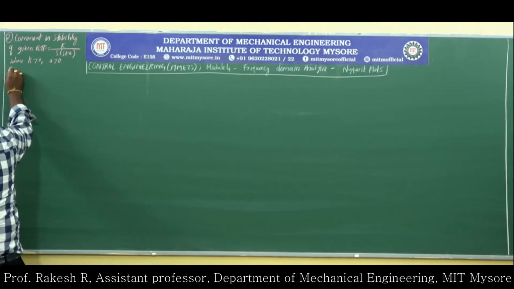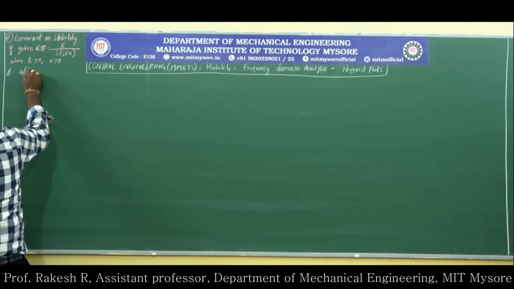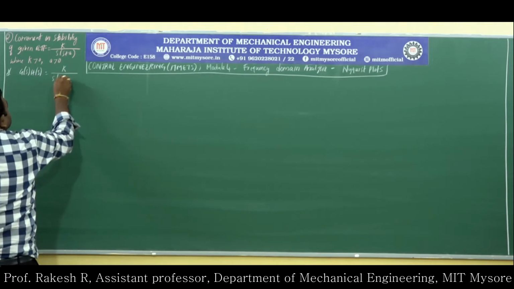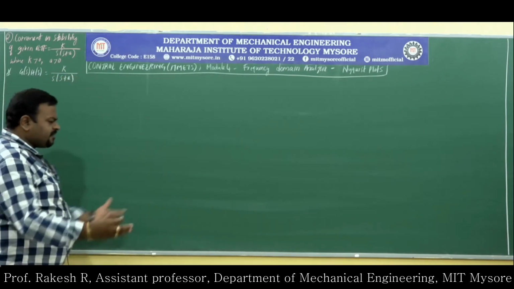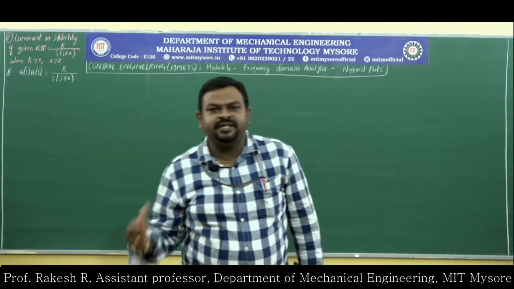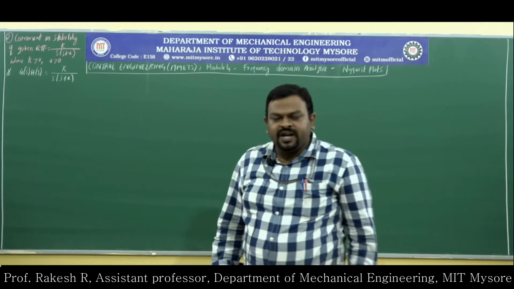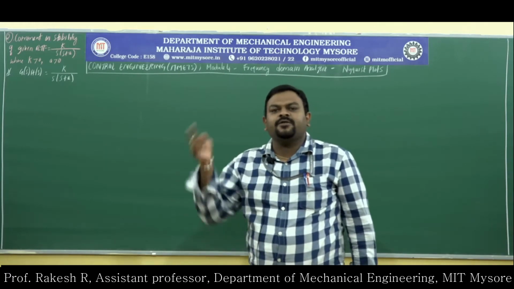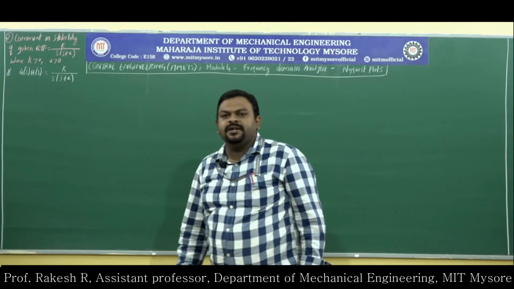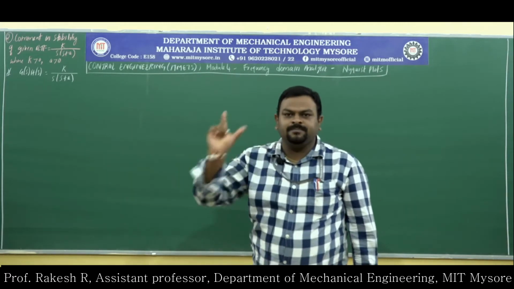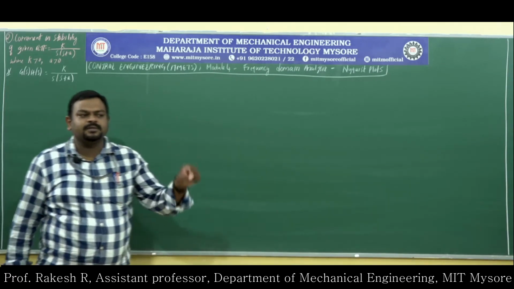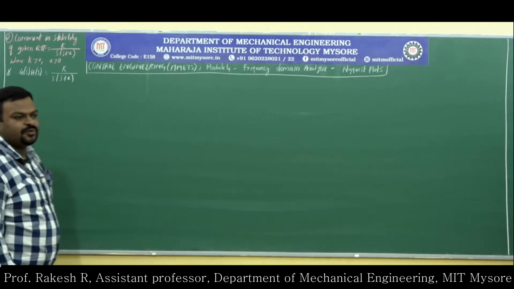So the solution for this is G of s H of s will be equal to k divided by s into s plus a. If they have given any other transfer function like closed loop transfer function or characteristic equation, then you have to convert the characteristic equation or closed loop transfer function to the open loop transfer function G of s and H of s. Then you have to solve. The first thing is they should give the open loop transfer function. Let us see how to calculate.